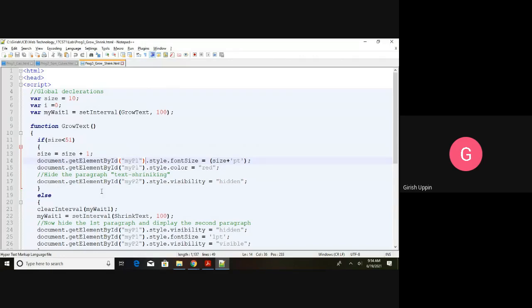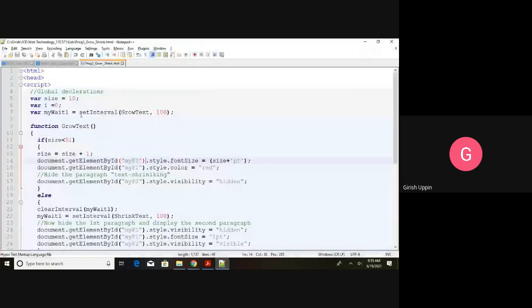And now we have to just show the text growing, right? The minute I refresh, you can see the second element has disappeared. Text shrinking has disappeared. So we have to make sure when we make this change, the second element visibility, we should make it as hidden. Document dot get element by id my p2. This is the second paragraph. Dot style dot visibility is equal to hidden. So this text will be hidden. It will not be shown. That is why you are seeing